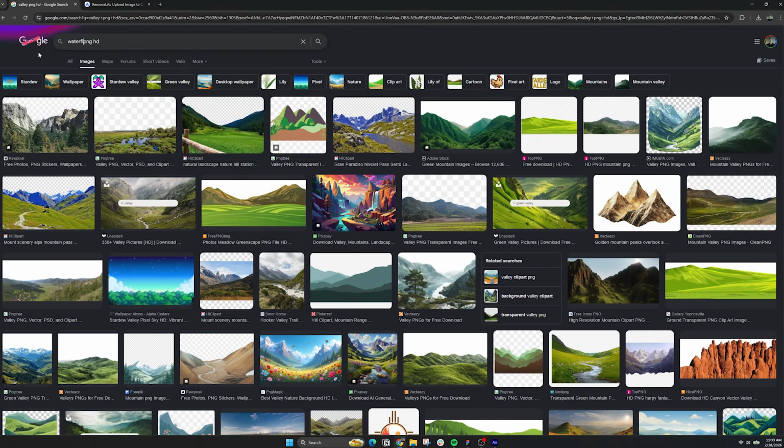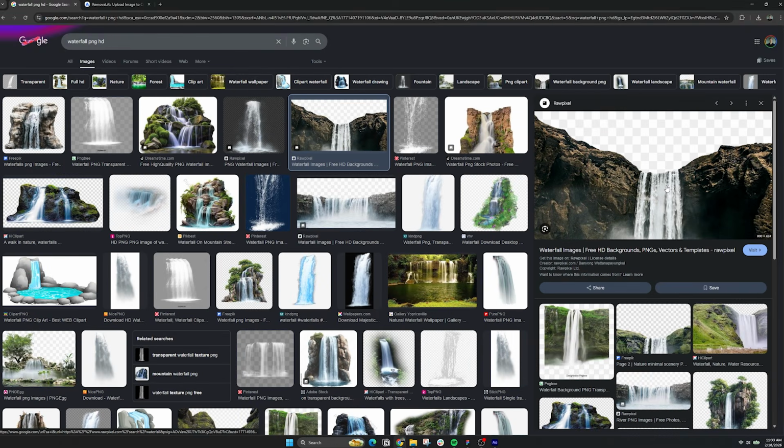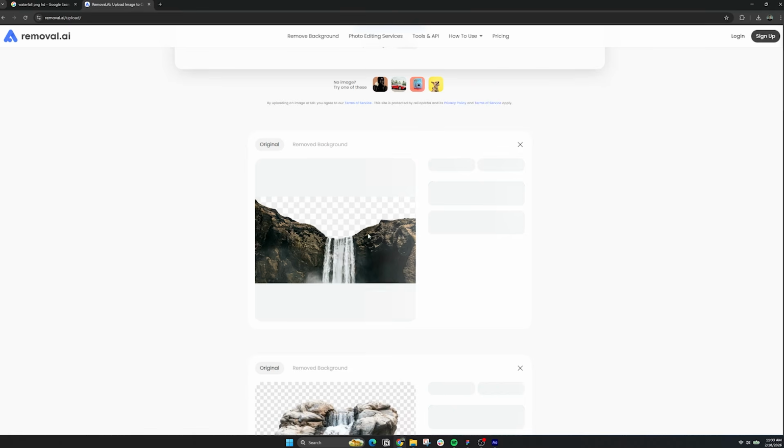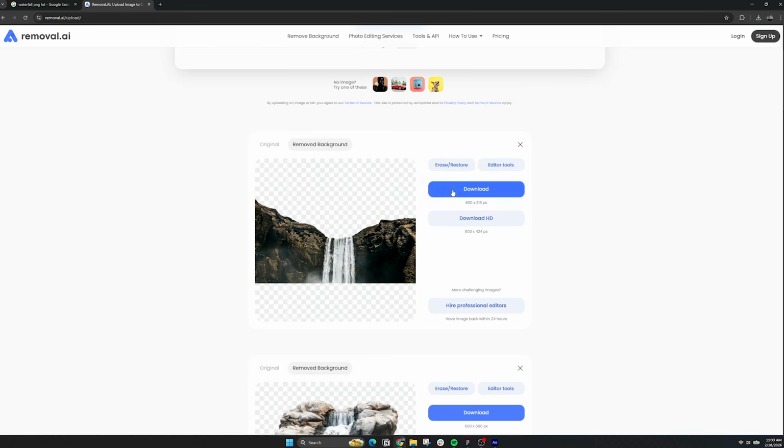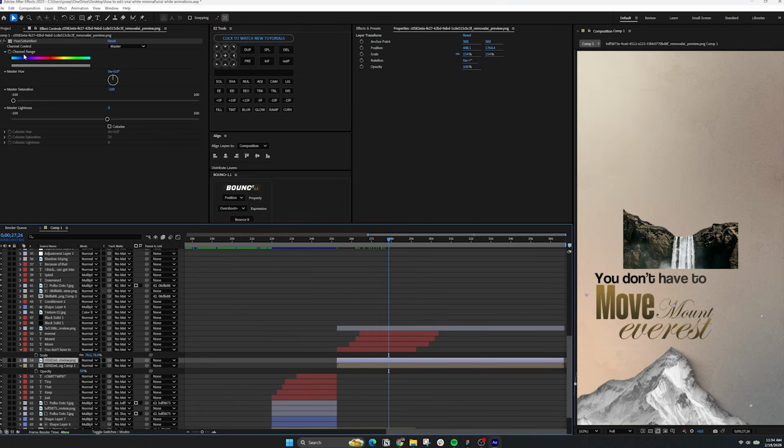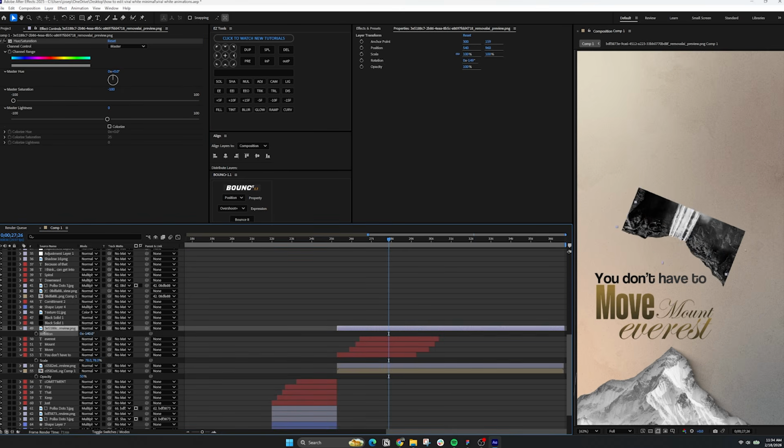Now to spice up this scene a little bit more, head up into Google and search for a waterfall image. Once you found it, copy it and paste it into Removal AI to remove the background, and after the background's removed, save it and drag it into After Effects. Copy the hue and saturation effect from Mount Everest and paste it on the waterfall, rotate it 154 degrees and